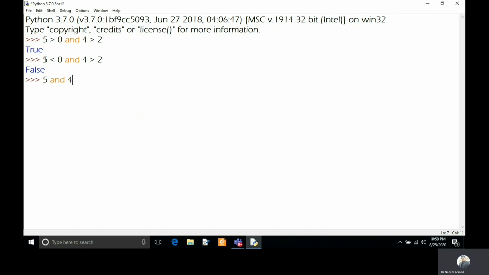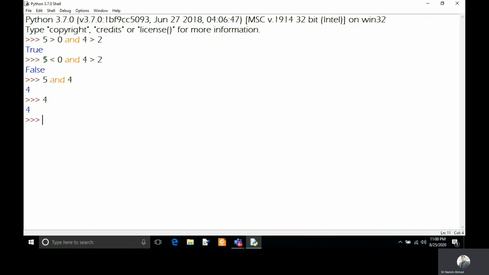It will just return a numerical value. What will it return? It will return 4, because it considers 5 true, and then it takes 4 and treats it as a numerical value, as if you had typed one numerical value, and it returns 4. So you can see here, it is just like you are typing 4 here.